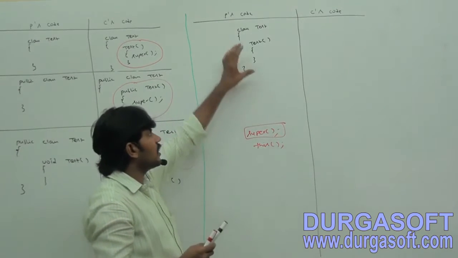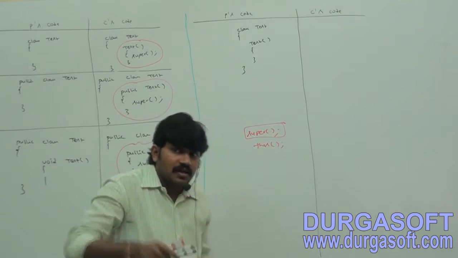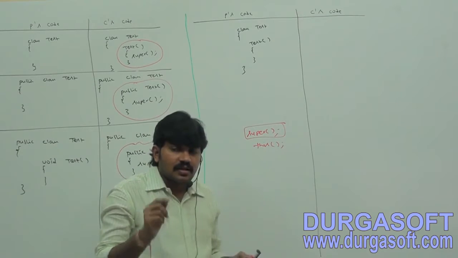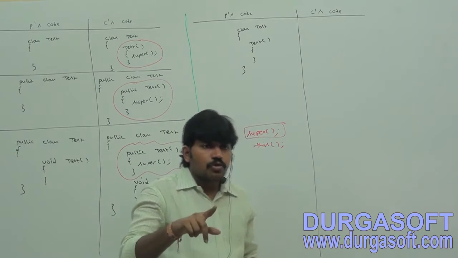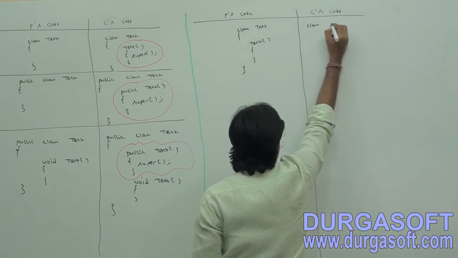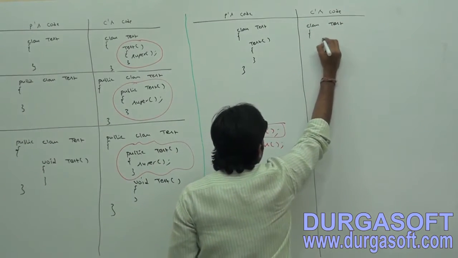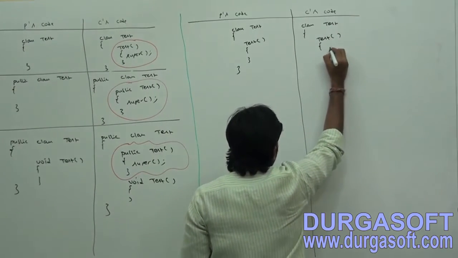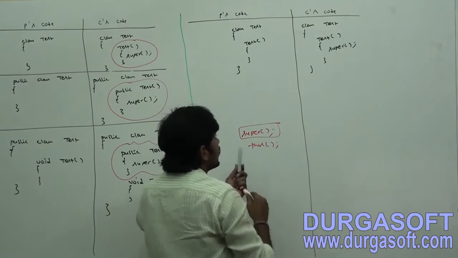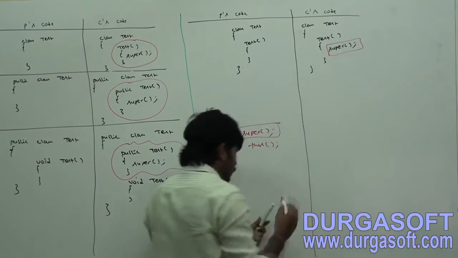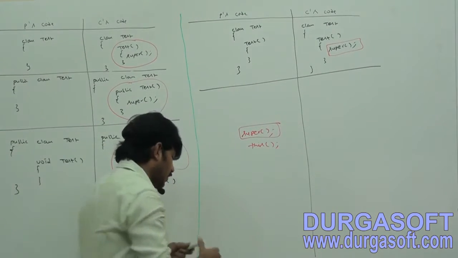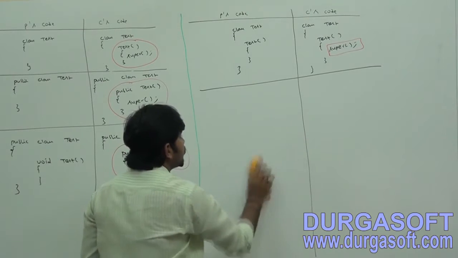The programmer wrote a constructor, but did you write it properly or not? No, because he didn't write either super or this. If we are not writing anything, the compiler will always write which one? Super. Observe the difference, right? That's why here, class test, here test, within that, super. Who wrote this super? The compiler generated it. The compiler wrote this super keyword, right? I hope you are aware of it.